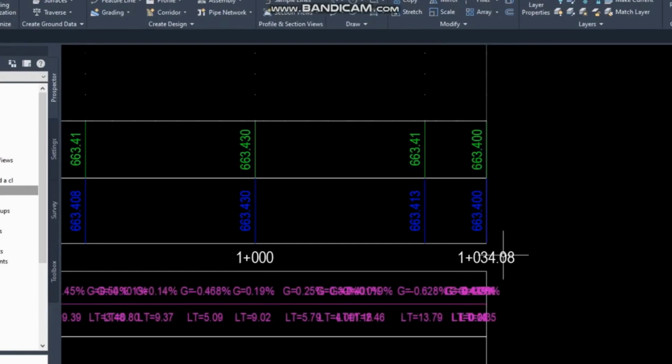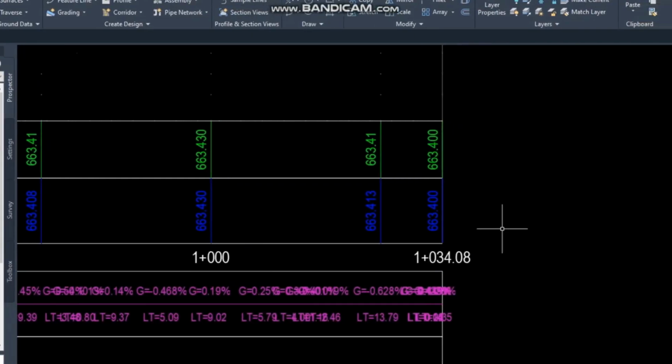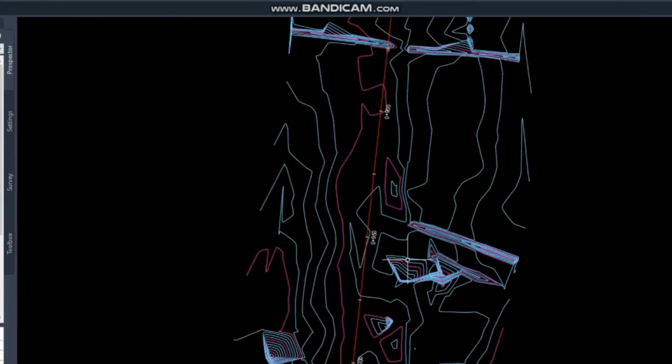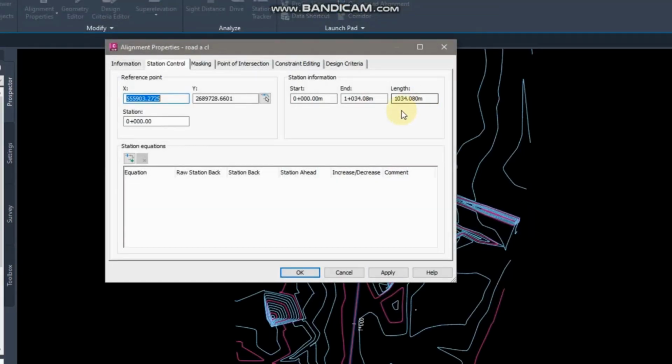The last elevation, you must know exactly the same station. You must not give the station if it is more than the length of the alignment, it will not create the design. So right click on alignment, go to property and check it is